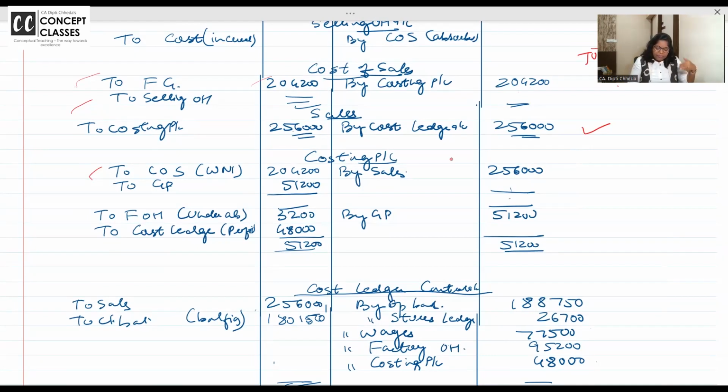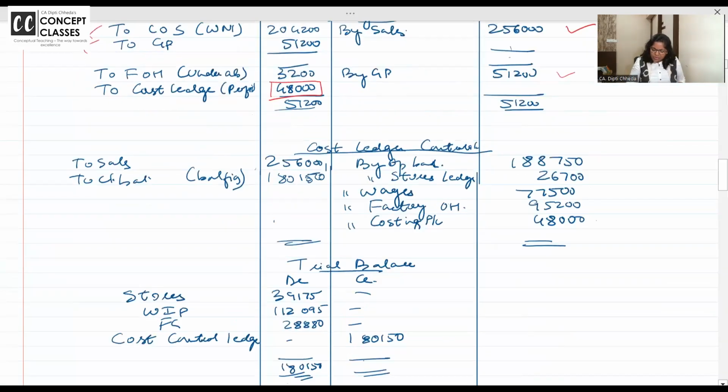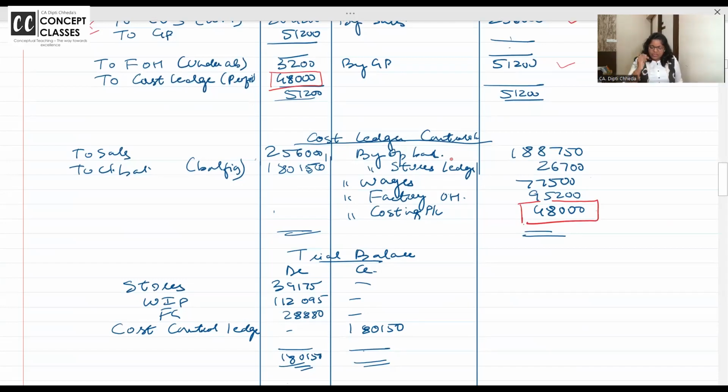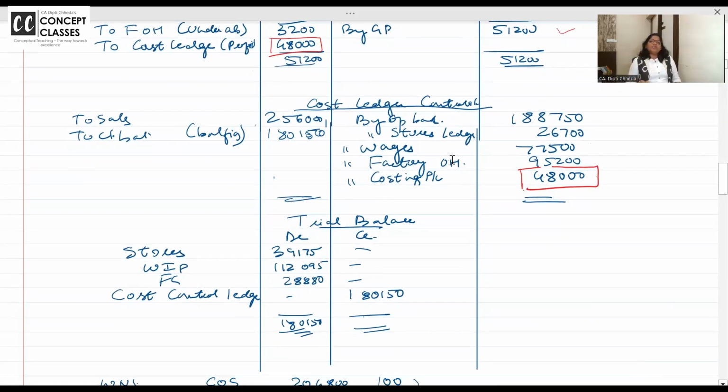Yes. And now sales also put it here. So sales on the credit, cost of sales on the debit, I got GP. Bring down the GP, adjust it for under over absorption or abnormal losses, and I get the cost ledger profit. This profit, what you get in the costing P&L, should be transferred to cost ledger control account. Ma'am, what is cost ledger control account? Double effect. Opening balance तो है, material, labor, overhead, this side सब मिला के you get the cost ledger